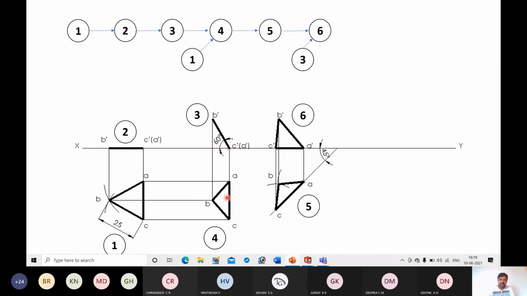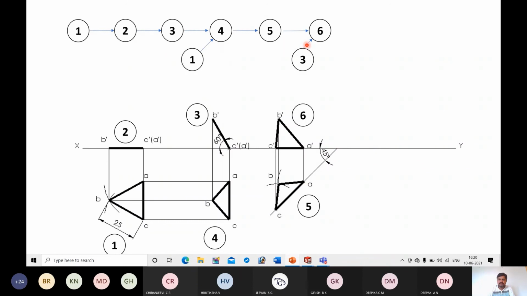Next, you are drawing the second top view by projecting points from 3, that is this one, and also from 1. You are getting points from the first top view also. Okay. Next, for drawing this, you are making use of only this fourth view, so that is the second top view. Okay, you are drawing this.